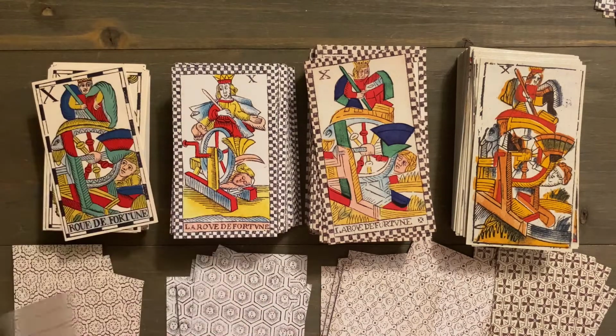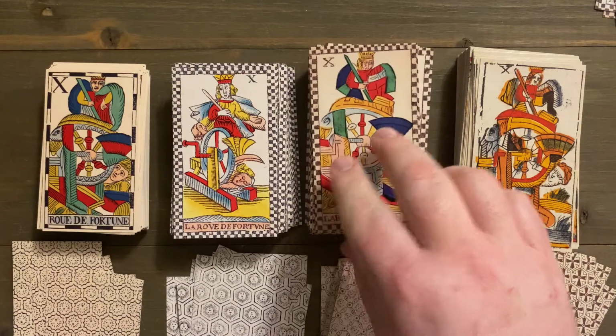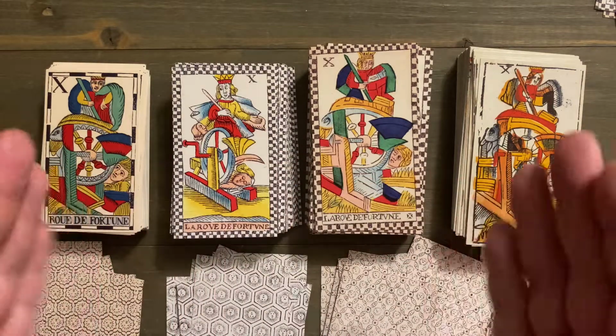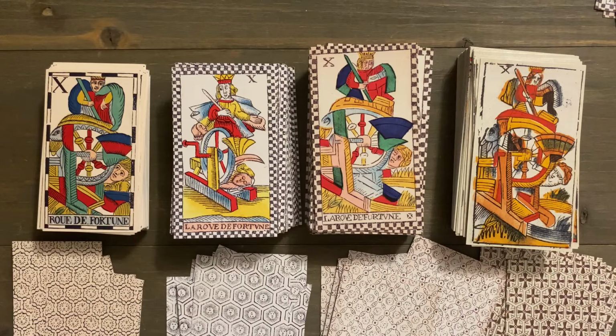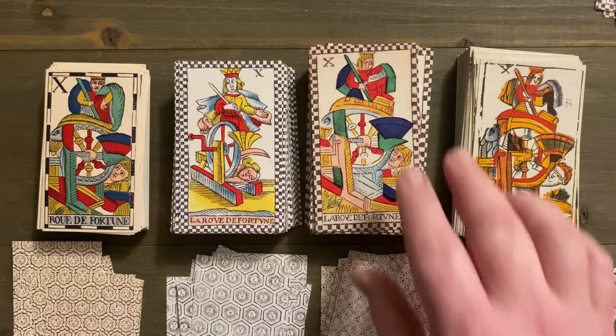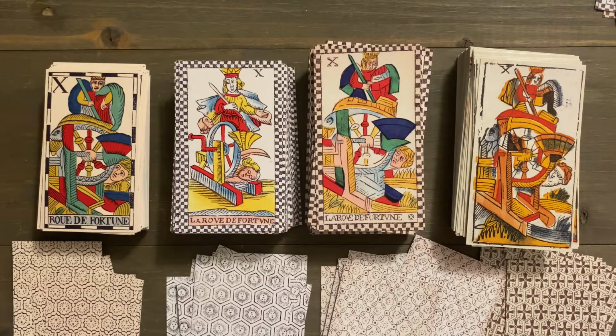And of course, the obvious is that it has the same border as the Hautot, and that's something I explained in another video. Typically, in the Italian decks, the backs and the borders would be the same, and they were folded over, and that's how they got that border. They would use the back to fold over to the front of the card to create a border, and the cards were created that way in Italy for the longest time. But these had different backs, so it was maybe in that style but not folded over. Maybe initially it was, and that's what makes me wonder if it was originally an Italian pattern, or at least from Italy, because of those folded over borders. So that's another piece of evidence that I think of sometimes, in that it's very possible that it came originally from Italy. In fact, it's probably more than likely. Anyway,